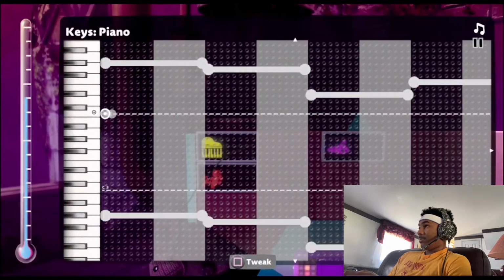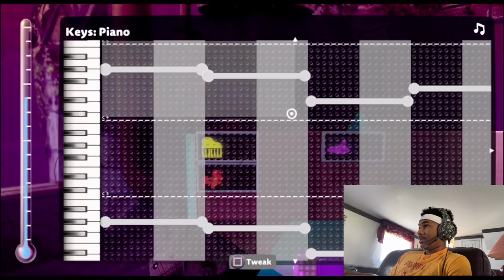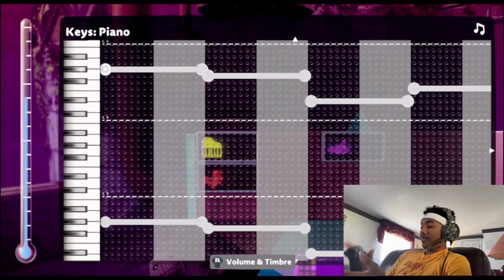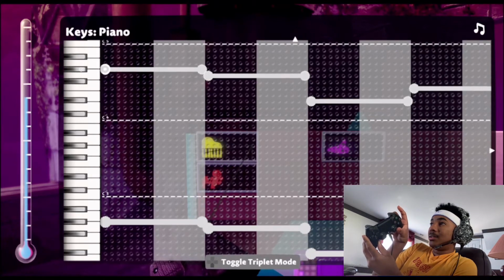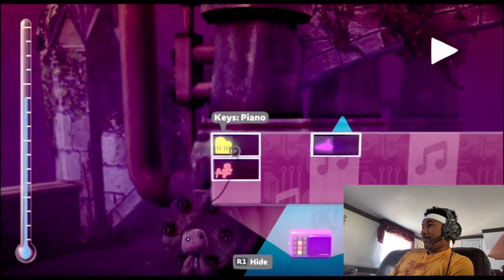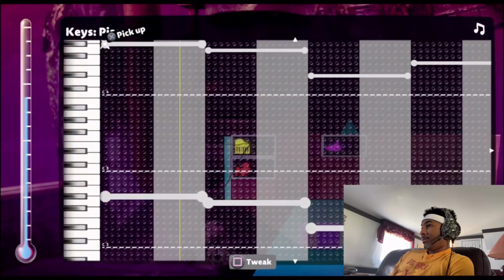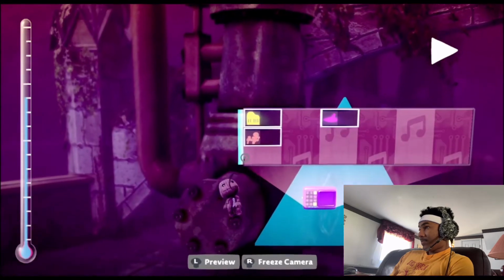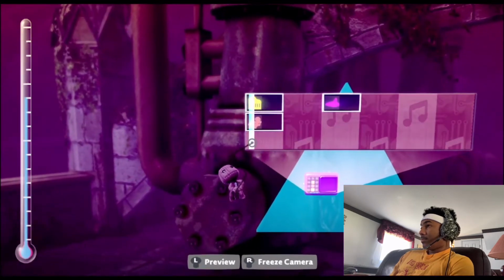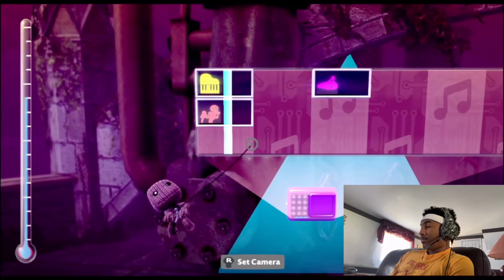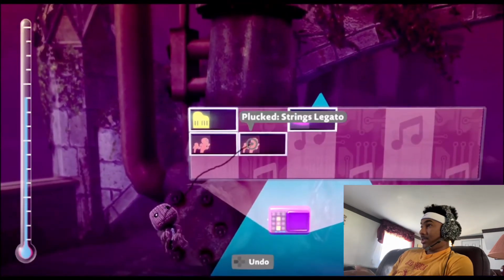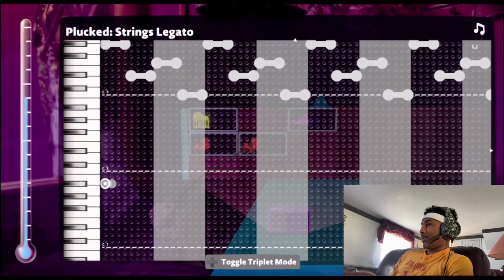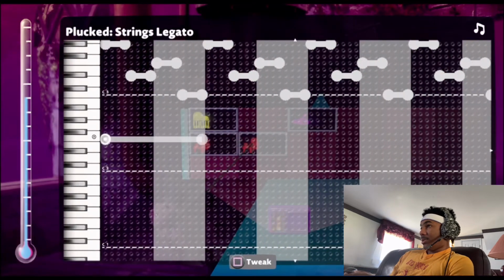Like that, but I'm gonna get rid of this or make it more quiet. So what you can do for that is just go down with this, like that, to make it not as loud. But for this situation, I would actually just use a string because that sounds better with the string. So what I'm gonna do is,